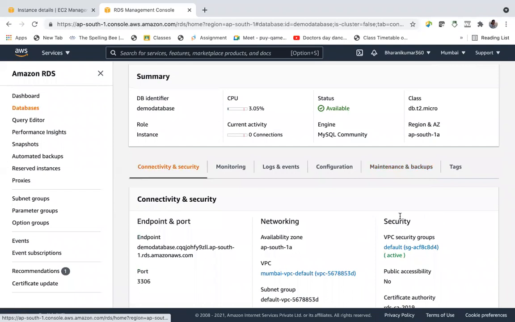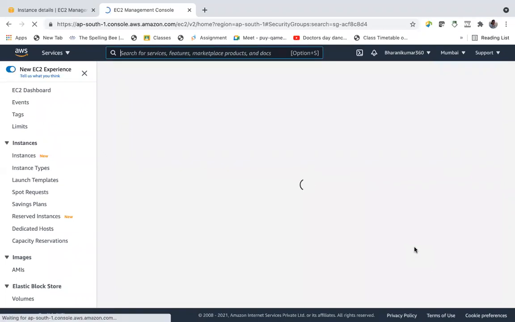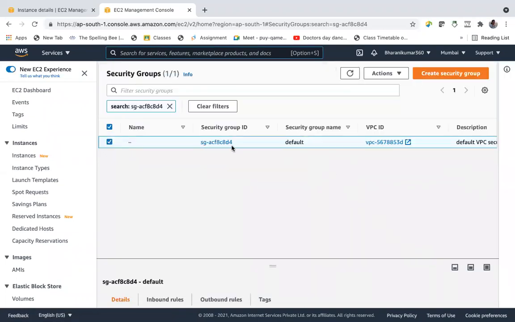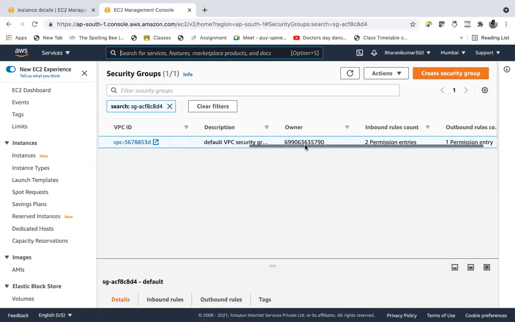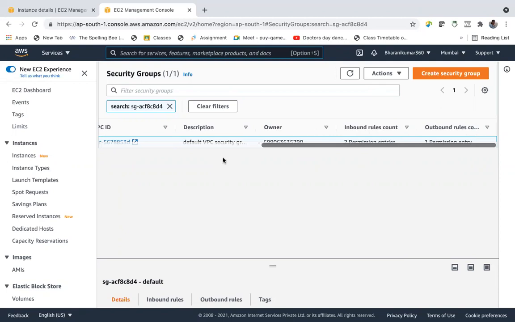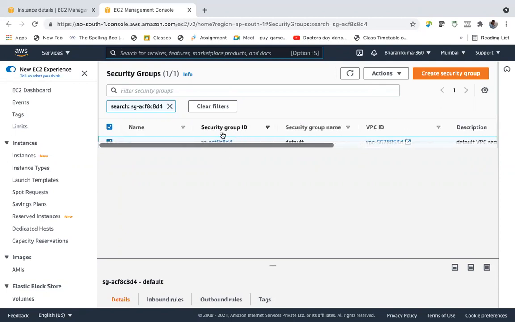Okay, here we have used this VPC security group. If we go here, this VPC security group by default has two inbound rules and one outbound permission entry. So let us look into this security group.